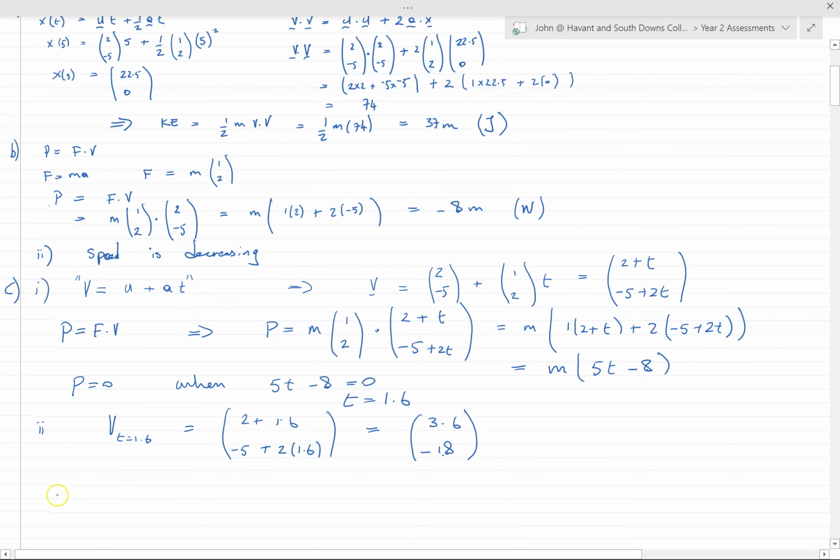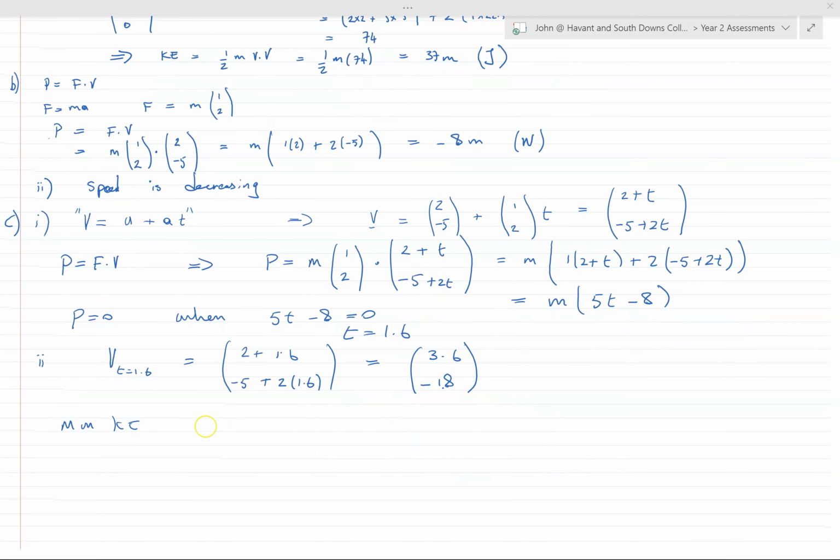So we can say the minimum kinetic energy, because this is when the speed is at its least, this is the minimum speed, equals half m, which is not given, so it's half m v dot v, which is equal to half m